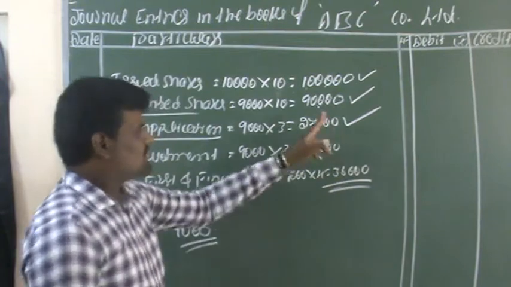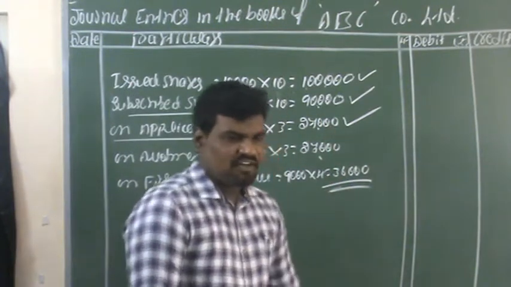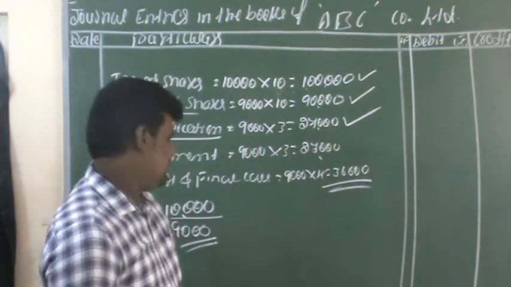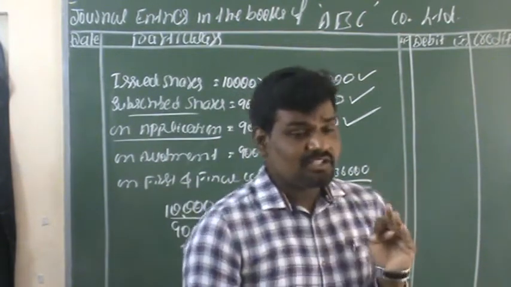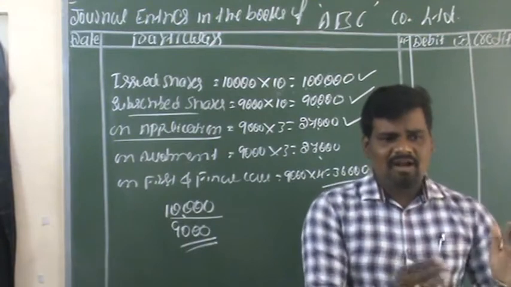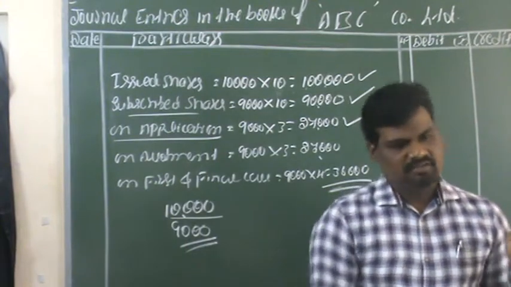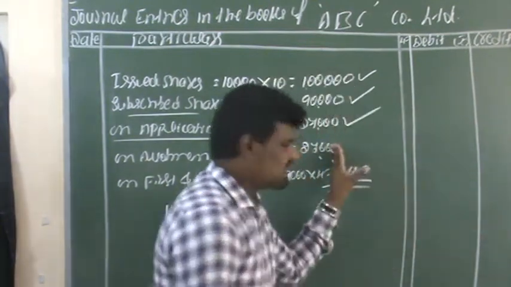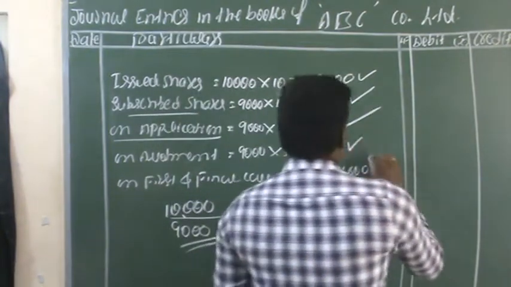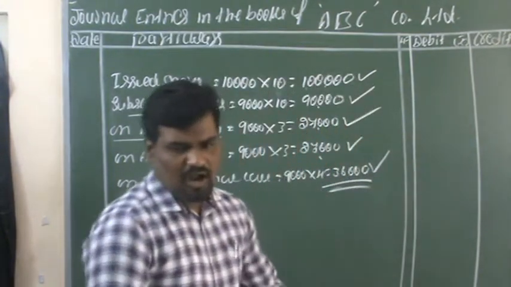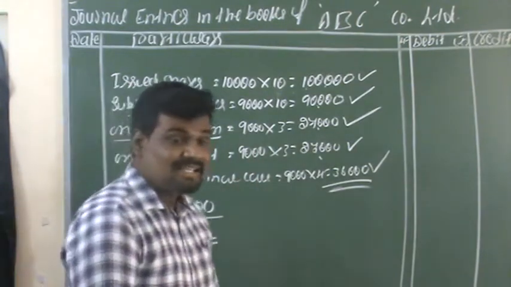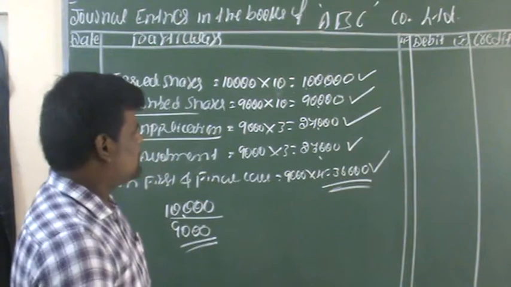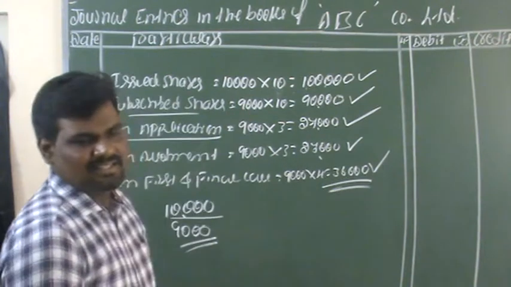So here, this is the total allocation of different stages of share capital. The issued shares are 10,000 shares, but the applications were received only for 9,000, right? This is called under subscription. So these are the necessary calculations regarding the question. After the completion of this calculation, now we can start the necessary journal entries. Just write down these calculations.